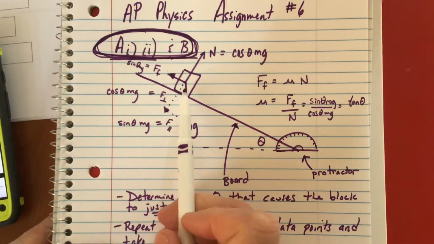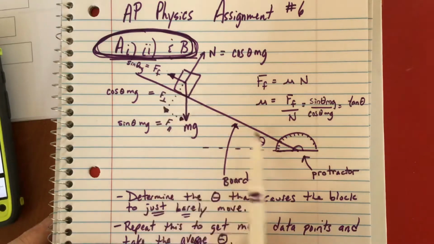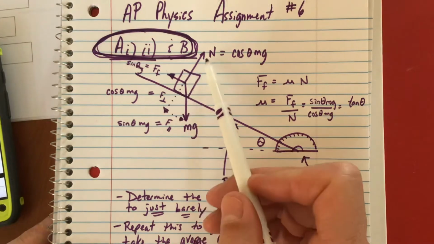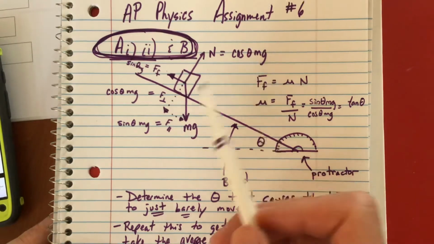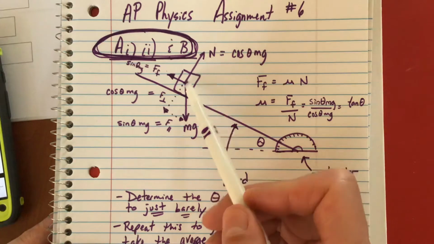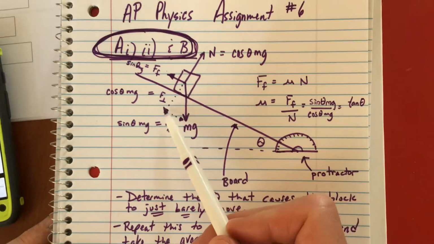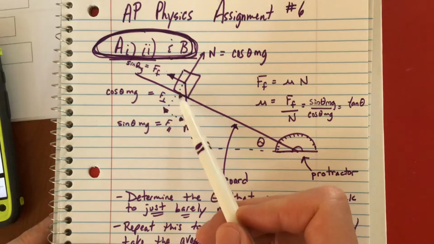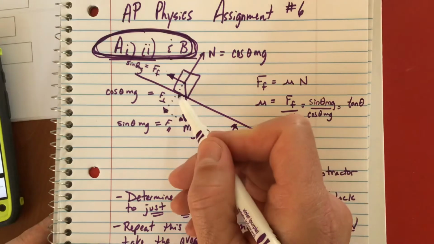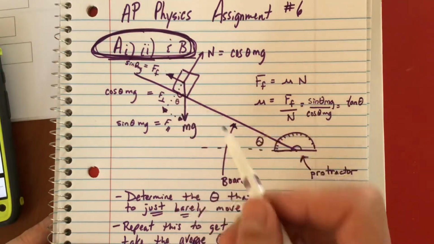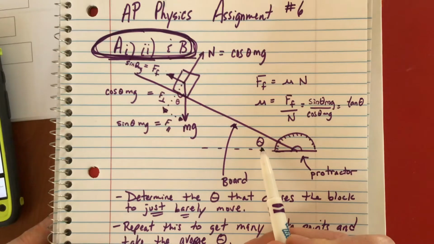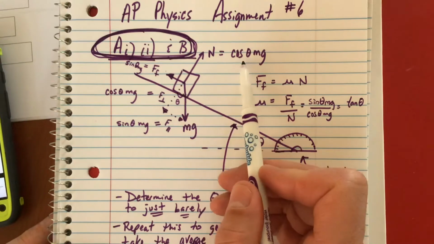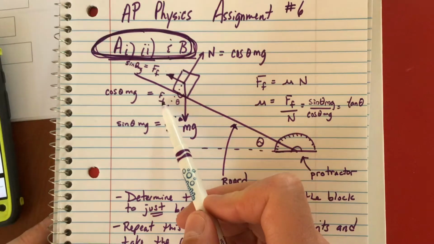I started by just thinking about the forces on a wood block that would be on an incline. So I have the weight, mg, force due to gravity. I got normal, which would be cosine theta mg. Remember that normal would be the equal and opposite force to the perpendicular force, which is the side that's adjacent to theta here. And remember that this angle is the same as theta, the angle of the incline with the parallel. So anyway, I got cosine theta mg being normal